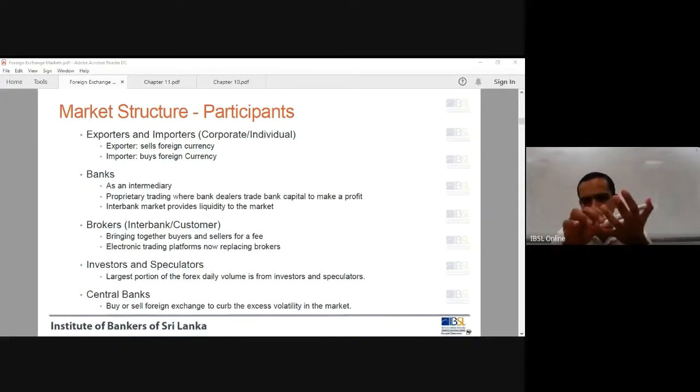Because IFC has done the hard work, they have done their due diligence. It's a matter of other investors following them into Sri Lanka. So once they're in Sri Lanka, then it is up to each of the banks to attract investors. And it's a good opportunity for the country, a golden opportunity. I hope that is clear.